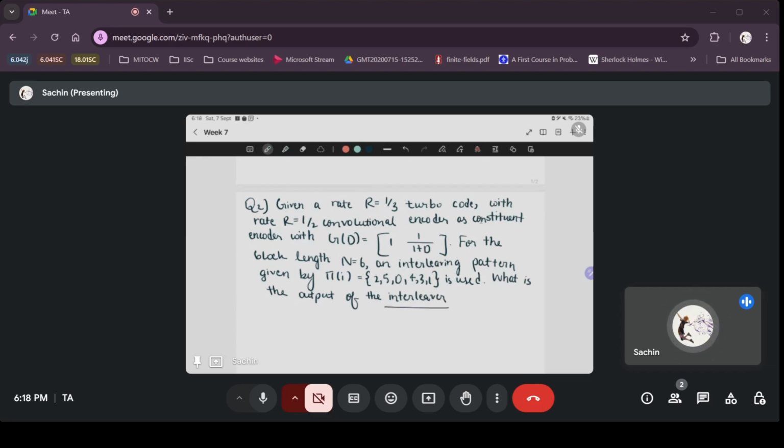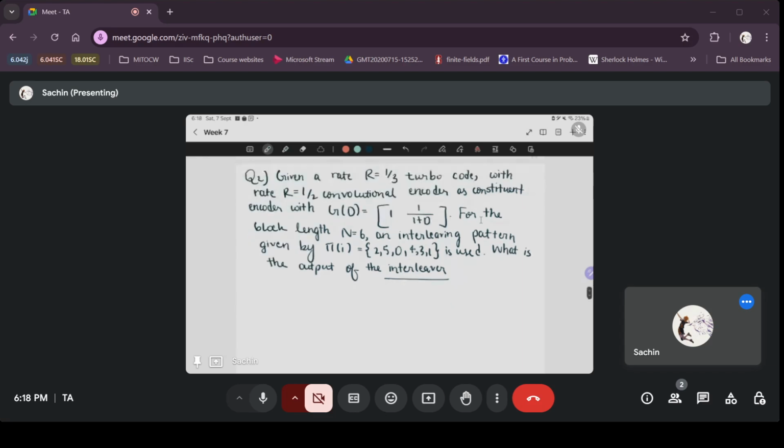So in this question, they're asking the output of the interleaver, not the output of the encoder. You have to be careful. If you read this too fast and don't read the question properly, then you might think of it as a standard question where you are given an information sequence and asked to give the output. You might be tempted to write the output sequence. That's not what they want. For this question, they want the output of the interleaver